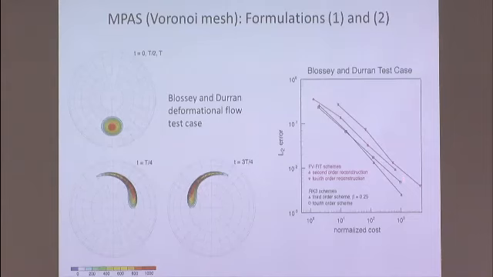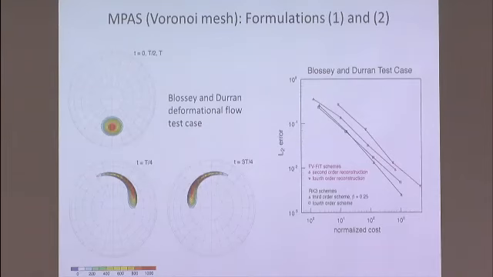The red lines are the scheme that I just mentioned, both the second and the fourth order reconstruction. So you can see the fourth order reconstruction is giving us some better results. But, and this is relative to normalized costs, you can see it's significantly more expensive at a given mesh resolution, and these resolutions are the same here. And I've also plotted on this scheme the results from the scheme we're using in MPAS right now that's based on